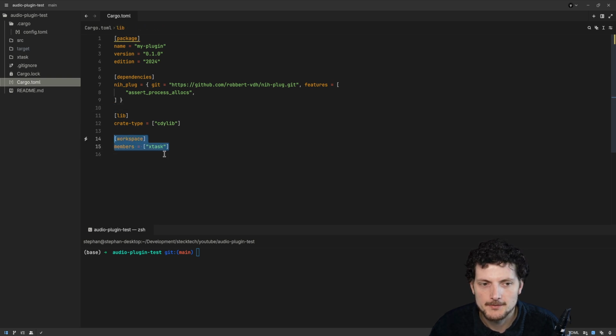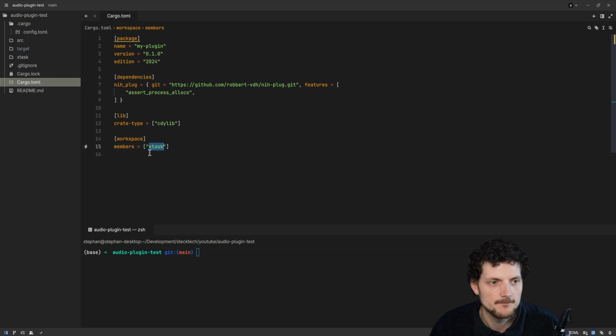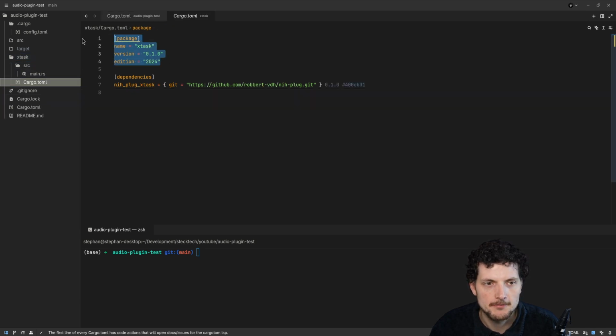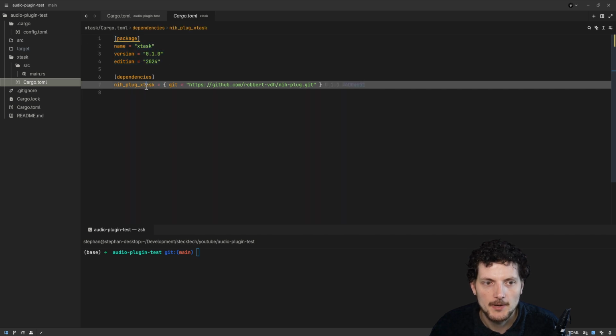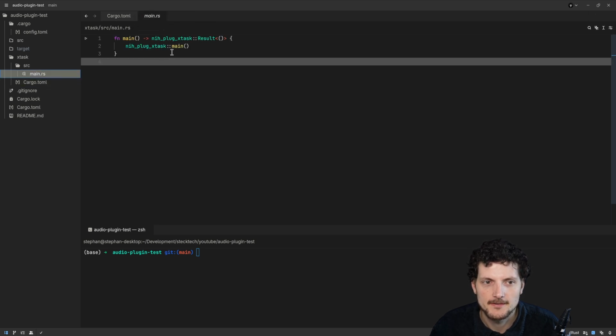You have to create this workspace that just means you have another crate in the same project. And here the crate we are using is xtask, or it doesn't have to be a library, it's just another program, another crate inside of your workspace. And if we click on xtask, that's this folder, then you see that here we just have another package called xtask, and we add this nih-plug xtask as a dependency. And in the main file, there's just this little code,